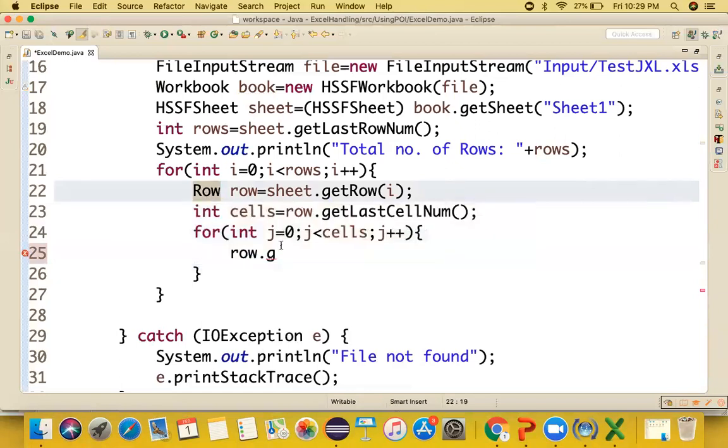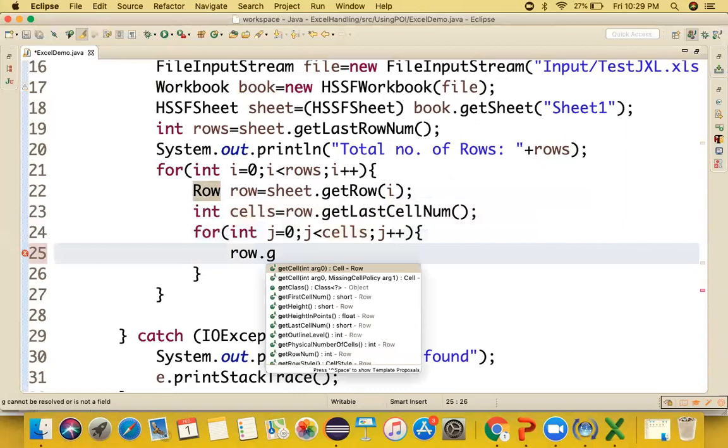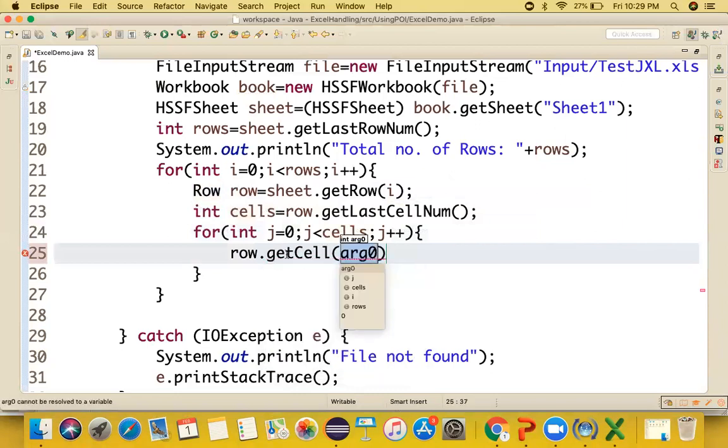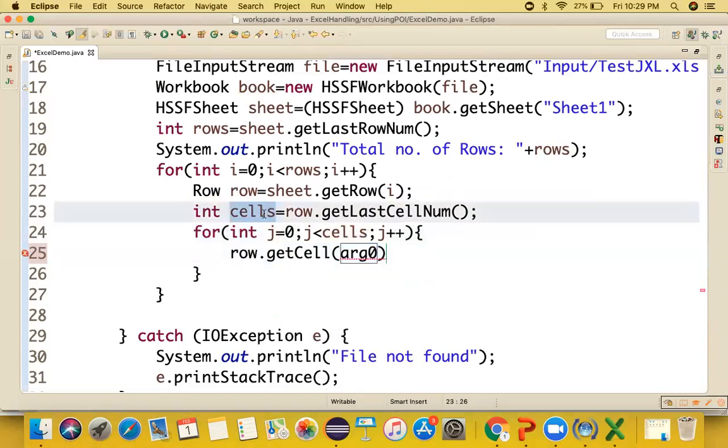Row is an interface. Inside this interface we have a method getCell. Inside this method we need to pass the cell number. Now this cells variable is iterating the cells present inside that particular row, the row pointed by this row instance, and the row pointed is the 0th row right now. So inside getCell, what we are going to pass is 0. Why? Because we want to read the 0th cell first, and what kind of value we want to get from this cell is